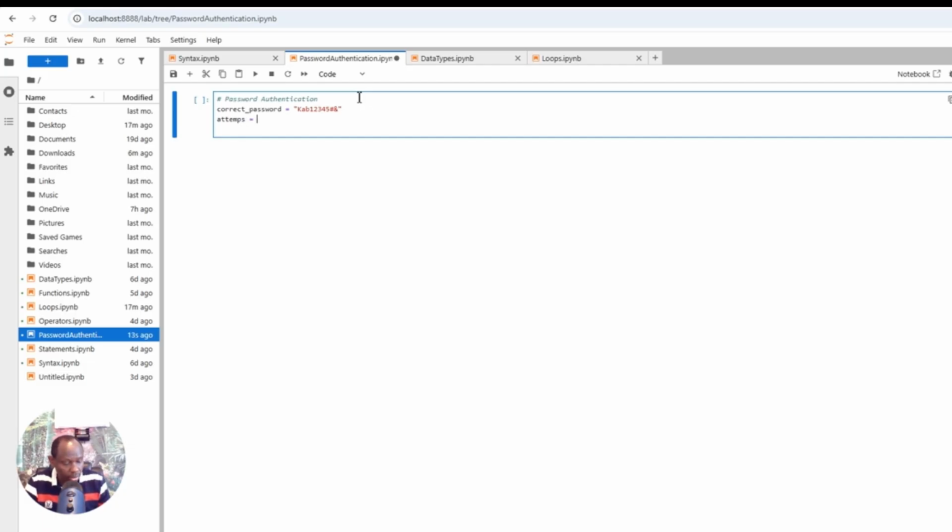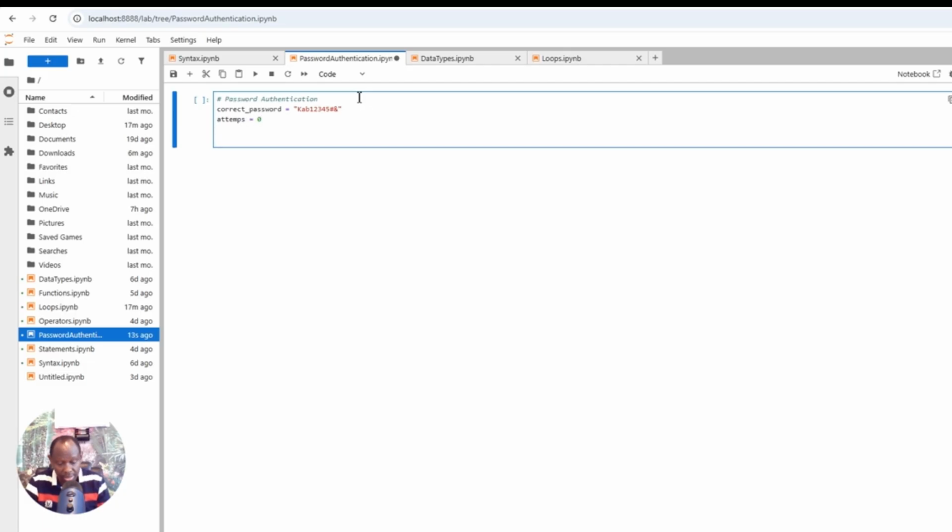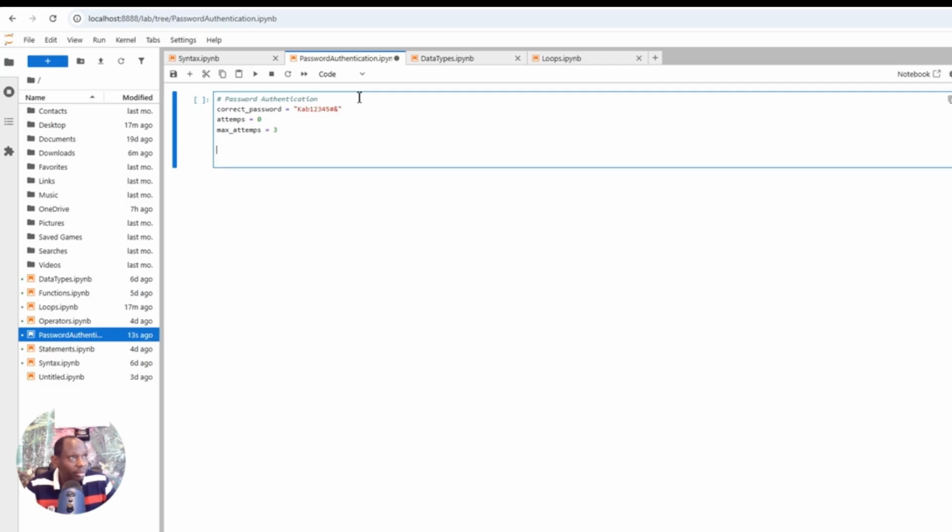Now, how many attempts? They are set to 0, but let's say max attempts is 3. This is where, when you try your password 3 times, you get logged out. So now let's start our while loop: while the attempts are less than max attempts, then